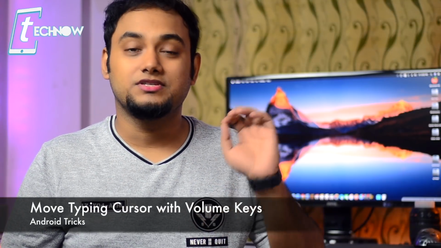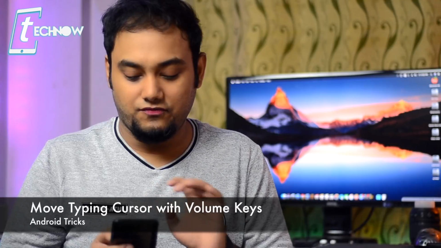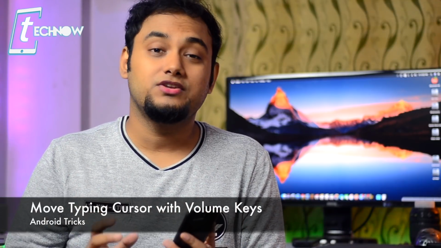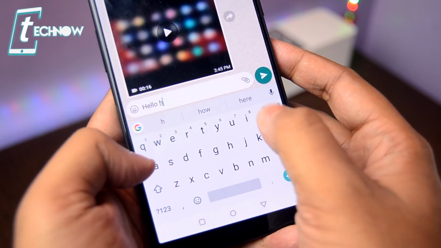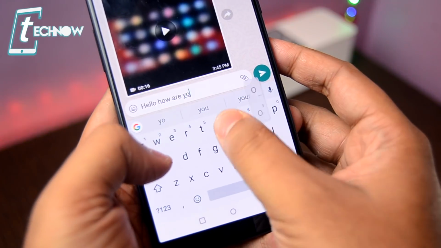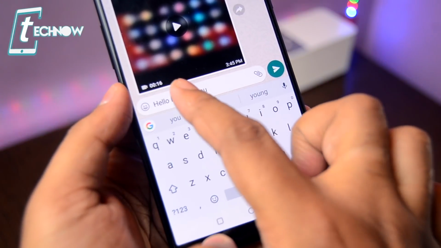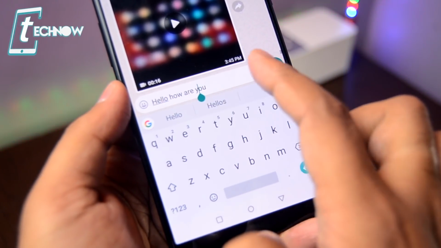Now the next trick is very useful, as while we are typing in any of the messaging applications or social media applications with the phone's keyboard, sometimes we need to edit the text which we had typed. So in case of editing the text, we need to move the cursor on the text field, right? In order to move the cursor, we need to tap on a place where we need to keep the cursor,